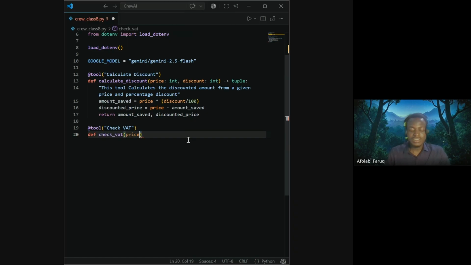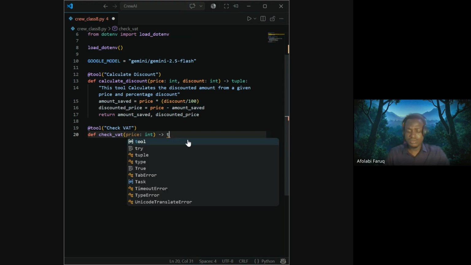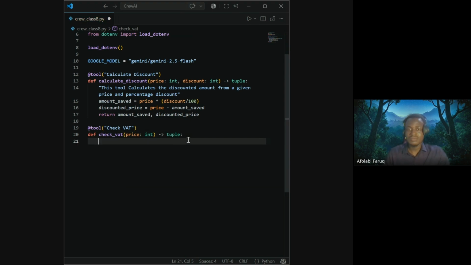So here we expect the argument to be price, which is going to be an integer. So here the output is going to be a tuple. So here we are going to write the docstring. So you say this is